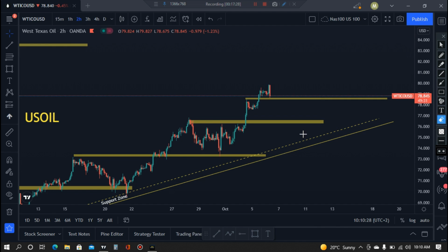Or maybe the market will just totally come back to our support before pushing up, or maybe this support will be broken, then we will see a very strong sell-off. But at the moment, the market is still on a very nice bullish momentum. I hope you see that, guys. You see. So let's go to the next one, which is